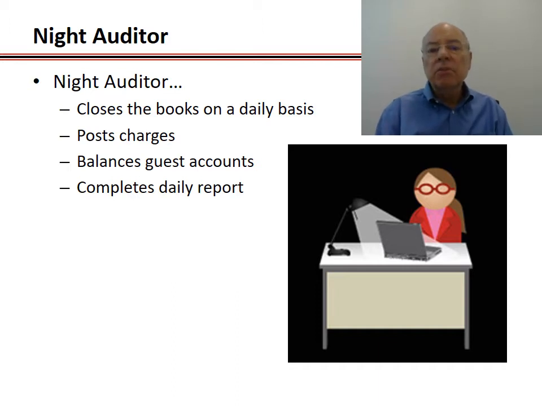That's an interesting position to start in a hotel because you become the hub of the hotel at that point, for sure, because there's no general manager around. You oftentimes have to make decisions in that role.